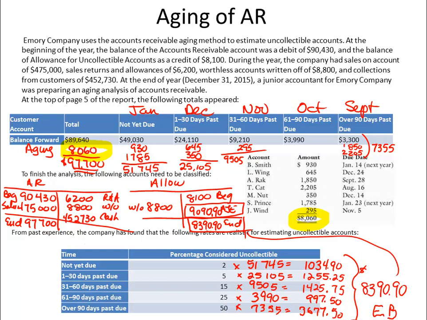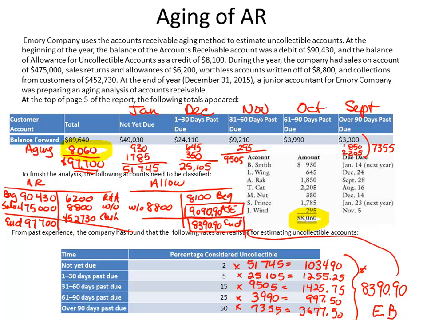That there were returns of $6,200. That we wrote off $8,800. And that customers paid us cash of $452,730. So our ending balance in our accounts receivable at the end of the year is